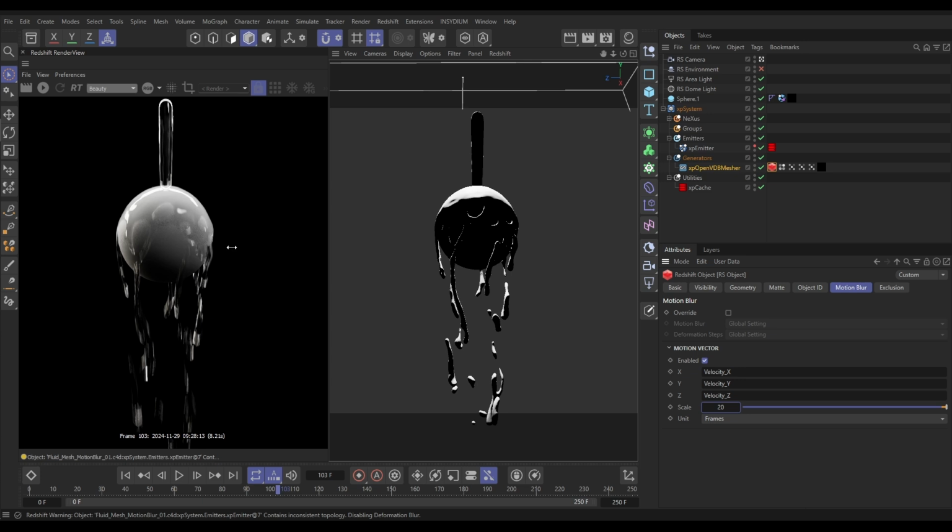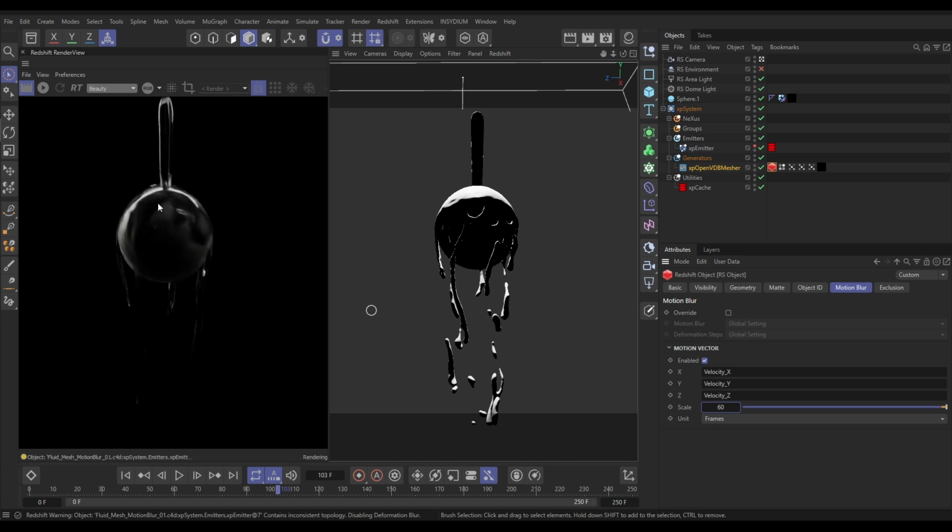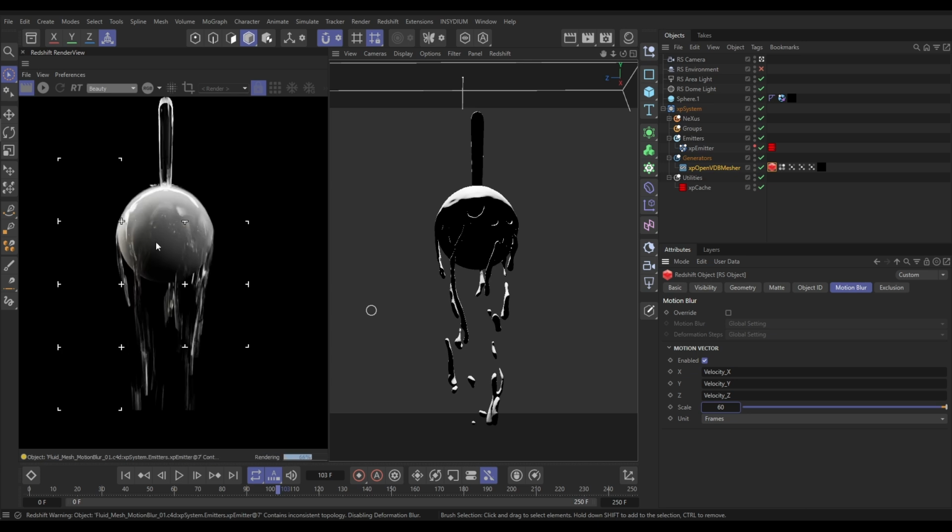Now, I'm going to do something which is going to demonstrate one issue, which I'll show you how to fix. If we put this on a crazy scale, like 60, so we've got loads of motion blur. Let's get that one rendering. And this one has got a possibility to start getting some weird artifacts as we have such a big blur out. Yeah, look, can you see these artifacts here? And we've got a few speckly bits. And the reason that's happening is